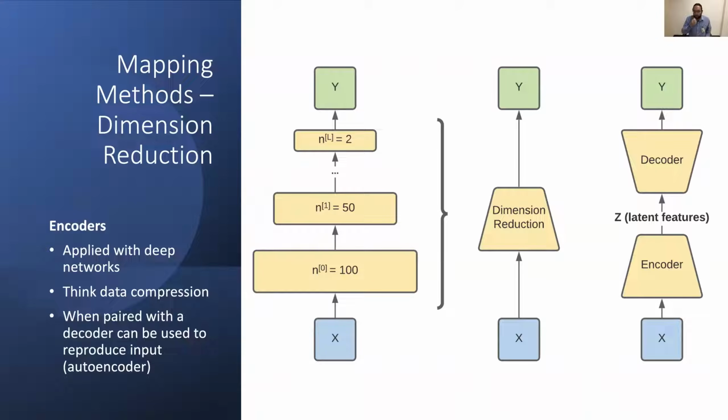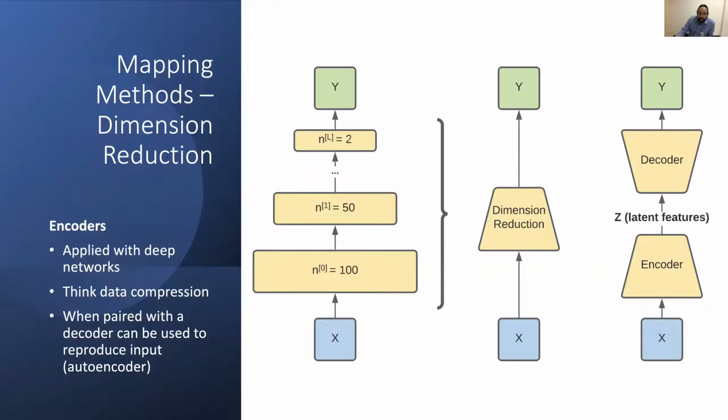In data compression, what are we doing? We're really just removing the correlations. We're trying to express the data as succinctly as possible. The way encoders are going to be implemented, at least for us, is with a deep network. We're not going to get into the nuts and bolts of deep networks today, but suffice to say right now that an encoder,